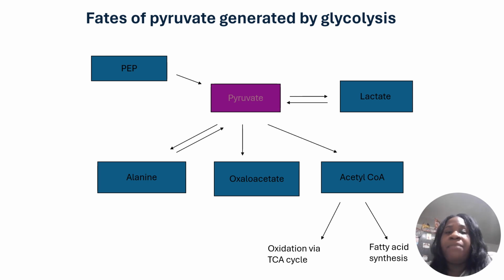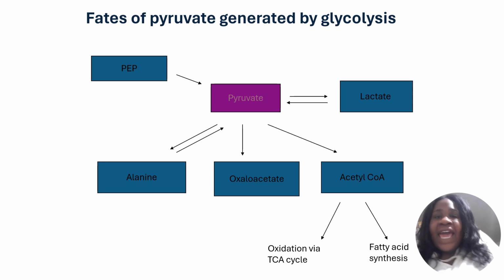Here you have the fates of pyruvate generated by glycolysis. Pyruvate is just the end product of glycolysis, which can undergo various fates depending on the cellular conditions. Not just depending on the cellular conditions, but also its energy demands and the metabolic pathways active within the cell. So you have